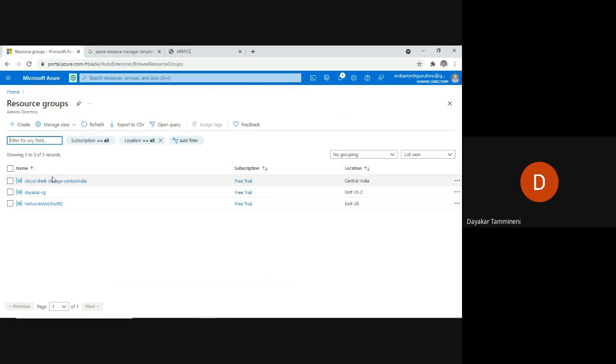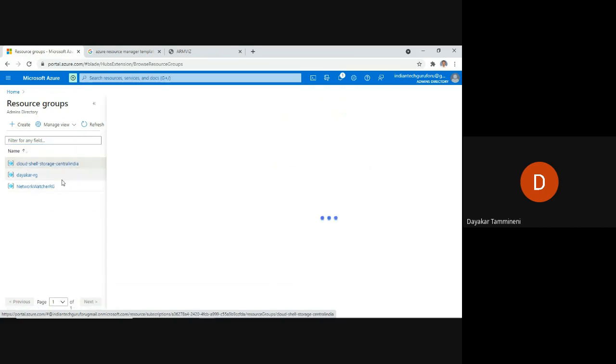Now there is one particular resource group which is shown as Cloud Shell Storage. It was automatically created during the first time use of the Cloud Shell. Now I will open that particular resource group.